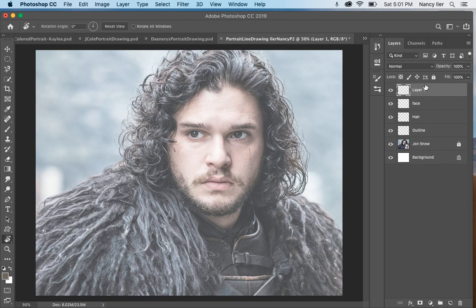Okay, new layer after face. If you have a portrait with facial hair, then do facial hair. Don't put it on the same layer as your hair. Okay, and then